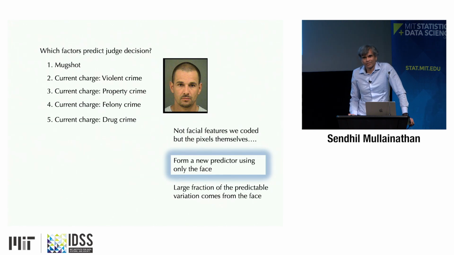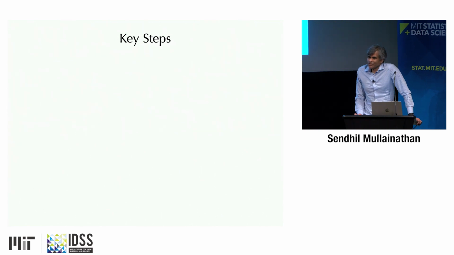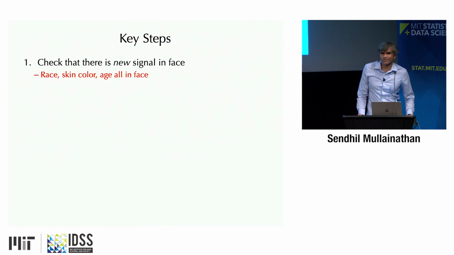But it's not what we'd call a hypothesis, for a couple of reasons. The first reason is, after you see the role that the face plays, you can ex post be like, well, of course. Because in the pixels of the mugshot, there are things that we already know should matter that the pixels might be capturing. For example, race, skin color, gender, age. That's not going to surprise us. So the first thing we have to do, which I won't go through in detail here, is just check those things. Are those what the algorithm is rediscovering? But it's not just that.